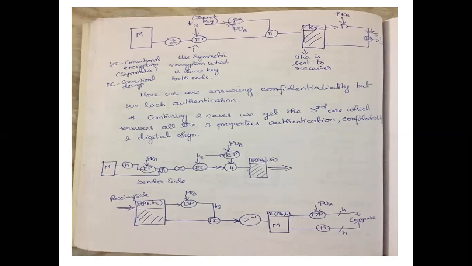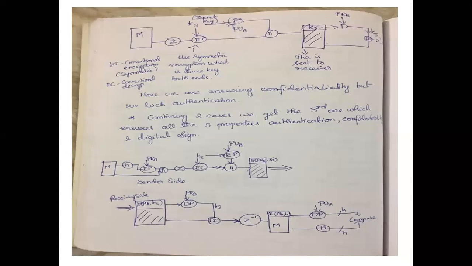So at the receiver side, you are able to see KS. You are able to get the key separately and the message separately. So again, you have to apply the private key to decrypt this key, and then you apply the decompression algorithm to receive the message. Again, in this method, we are ensuring confidentiality, but authentication is not ensured because we are using a symmetric key.